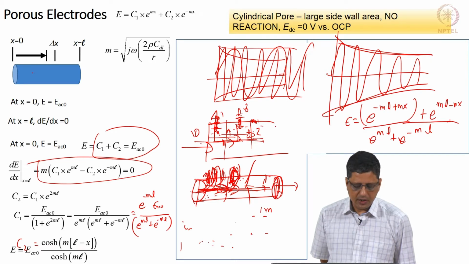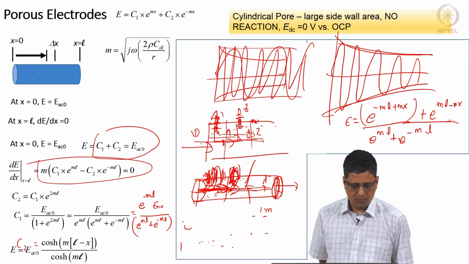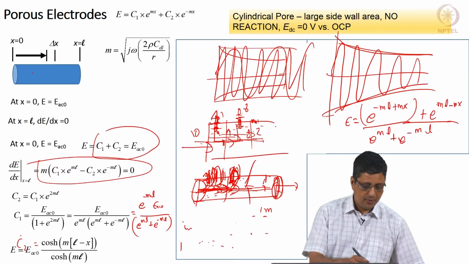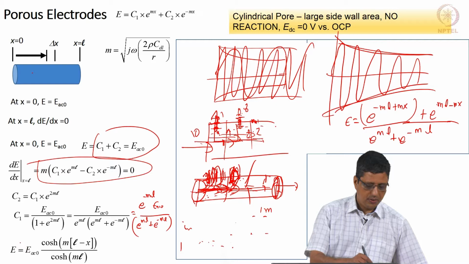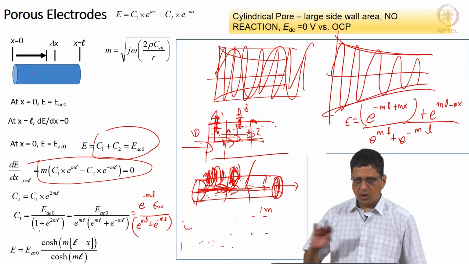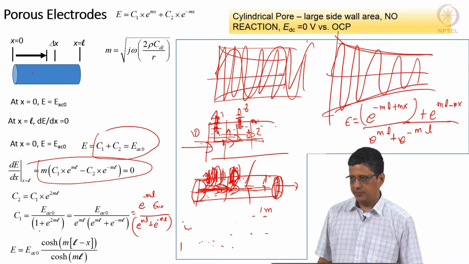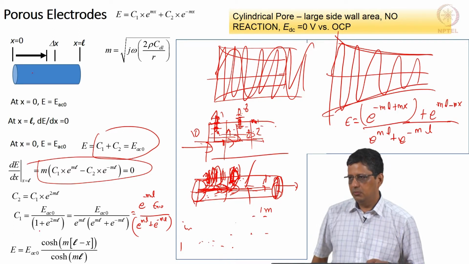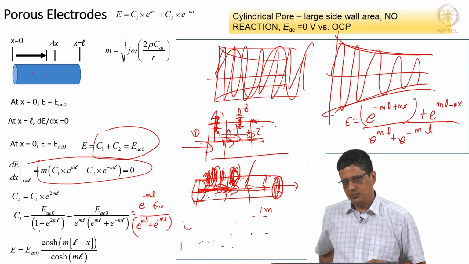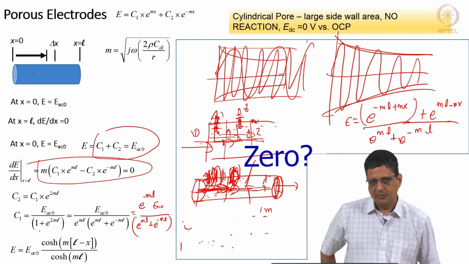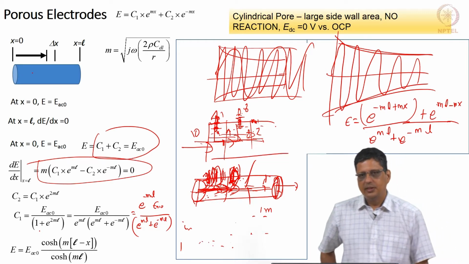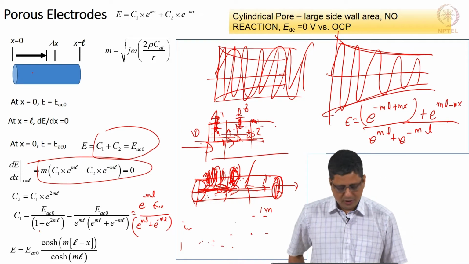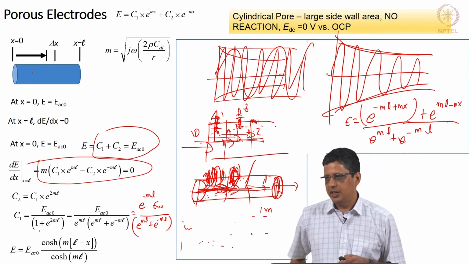At x equal to 0, it is going to be 1. Well, the factor is going to be 1, of course, you are multiplying that by AC 0. As you go along, this is going to decrease. At x equal to L, it is not going to be 0, cos h 0 is, it is going to decrease by a factor of cos h ml, that is all.